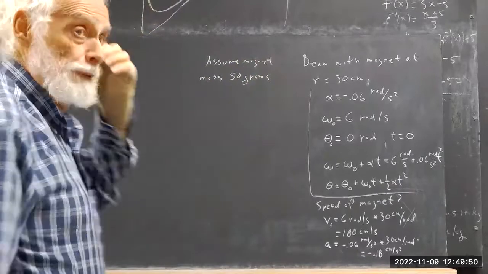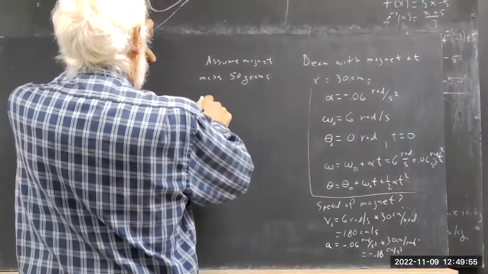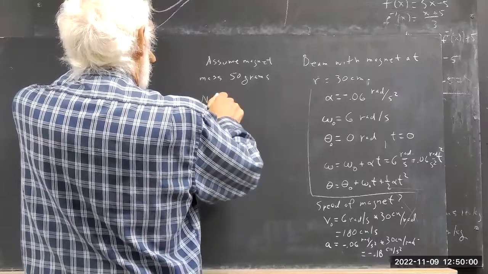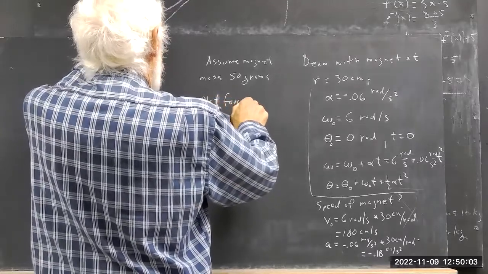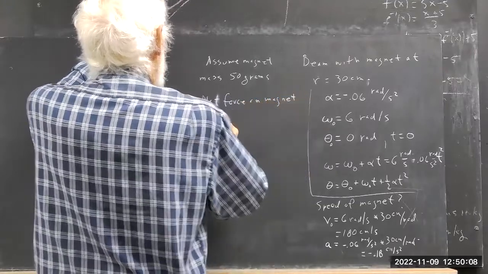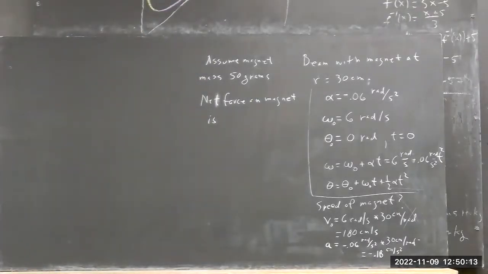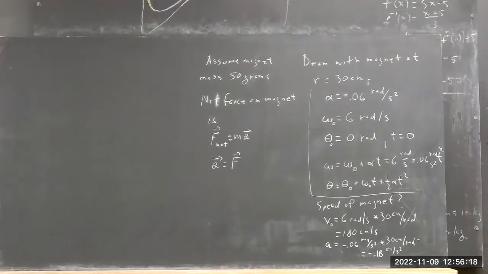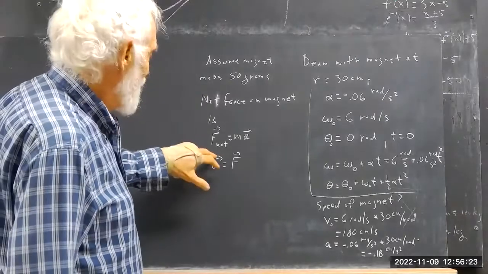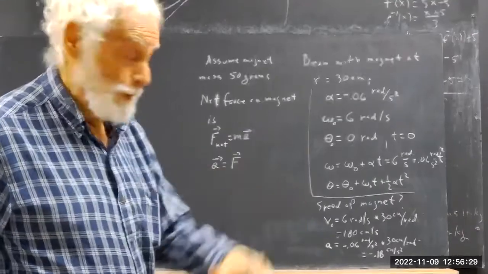Okay, now let's assume magnet mass 50 grams. What's the net force? Net force from the magnet is what? Write it out for me. Okay, we've got a dramatic moment coming up here. So net force of the magnet is net force equals MA. These are vectors. And that's going to be really important here